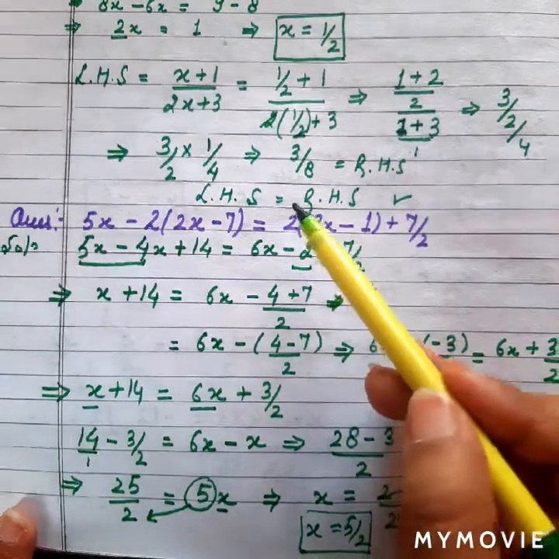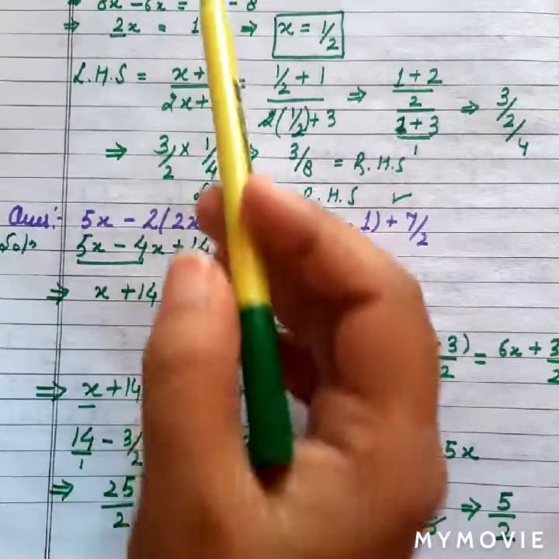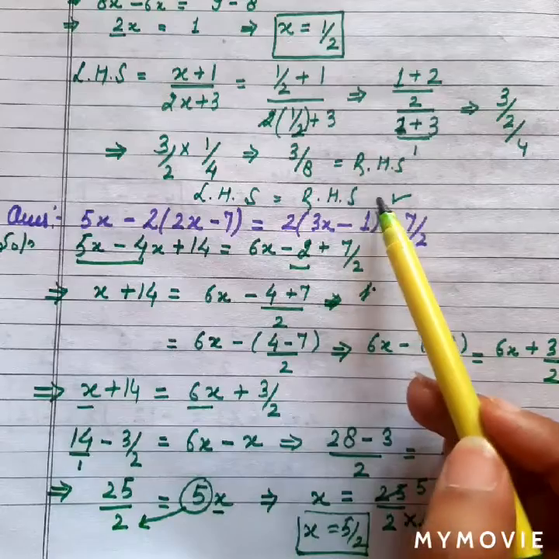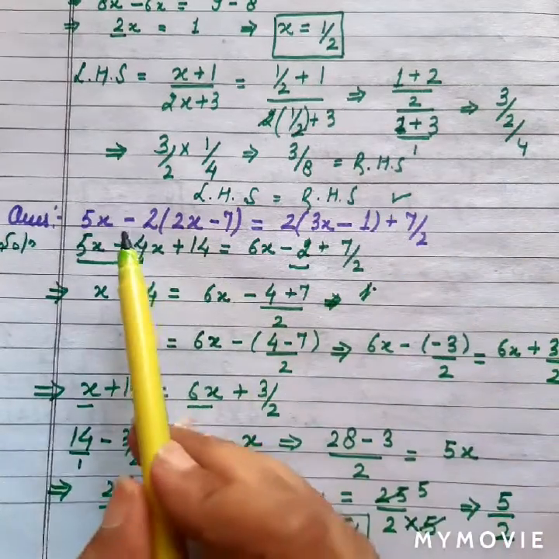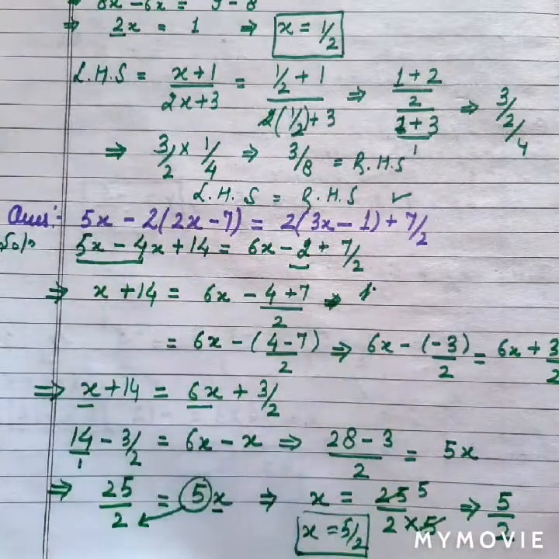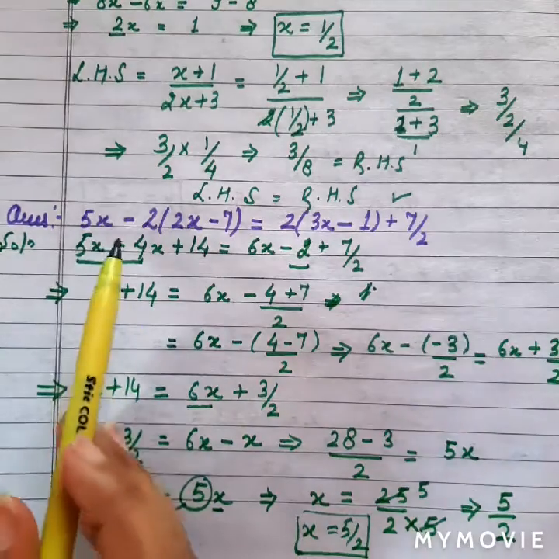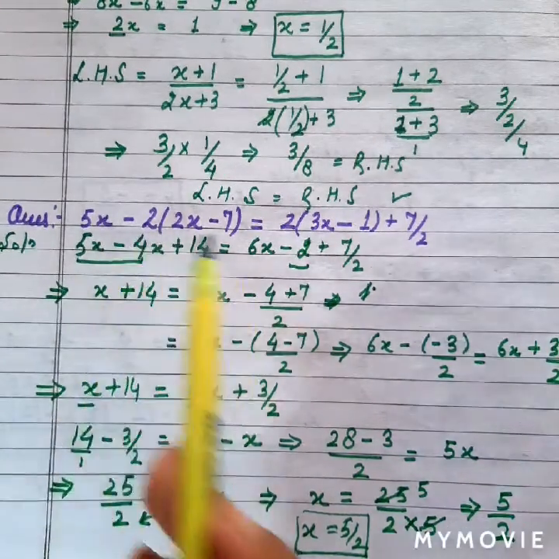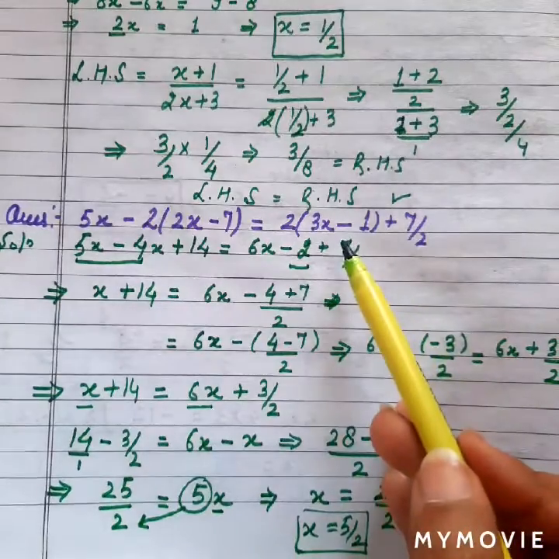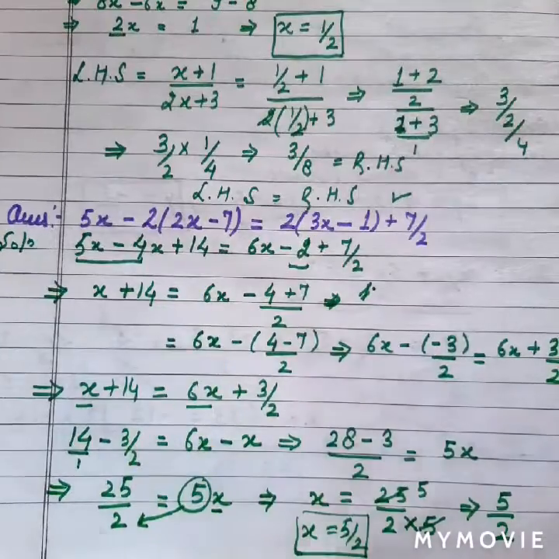And in the same way as we checked our answer, like we will put it in the left hand side, so if the term is equal to right hand side, then the answer would be true. And here we have variables on both the sides, so what we will do is we will fill the value x is equal to 5 by 2 in the left hand side of the equation, and then we will fill the value in the right hand side of the equation. If the value of left hand side becomes equal to right hand side, then our answer will be correct, right?